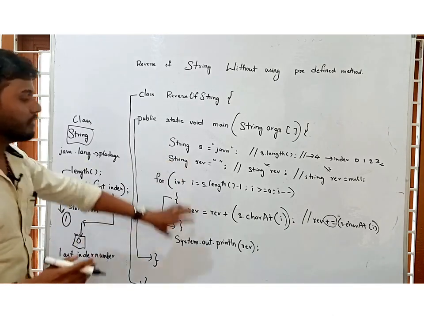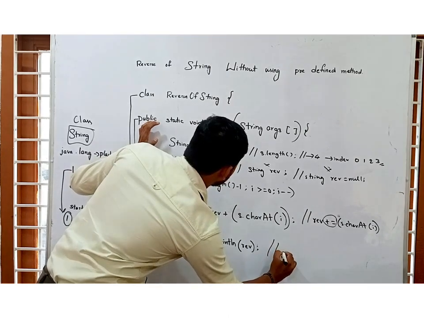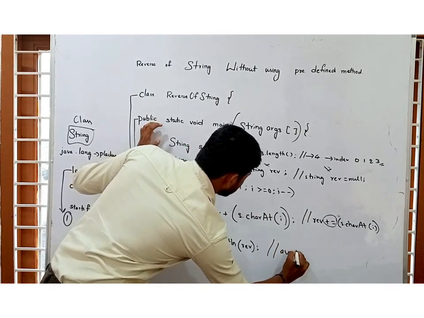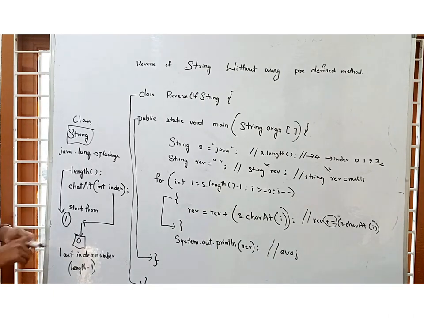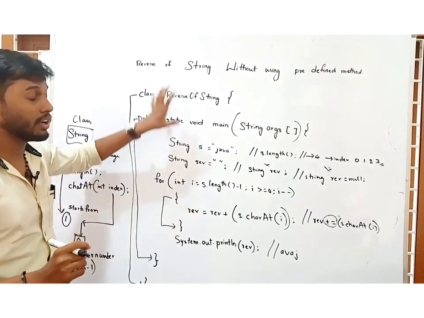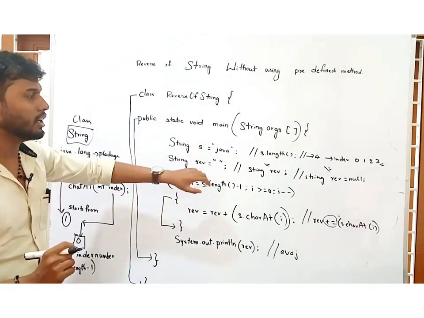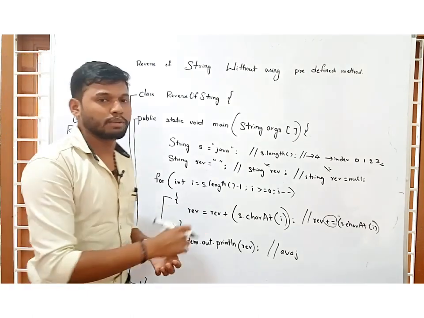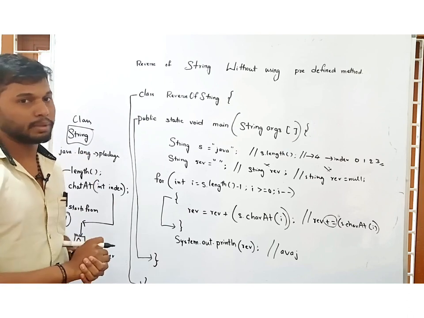Now let us see. When we use this method, we get the answer as ABAG. Okay, this is the program. But in interviews, it is mainly not asked in the written exam. It is mainly asked in the technical interview. In the technical interview, some people give some paper and ask you to write the program and explain. Some people ask you to directly explain the program.